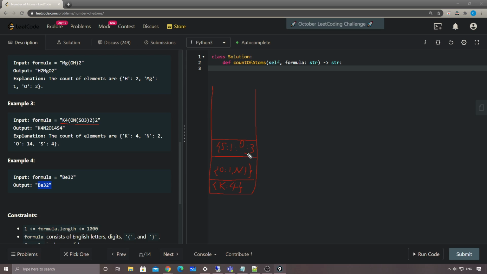My drawing is terrible here, because I was trying to draw a wider stack. Okay, so this should be enough. Cool. So basically, every time we see the left parenthesis, we add one more dictionary on top of the stack. Now we see